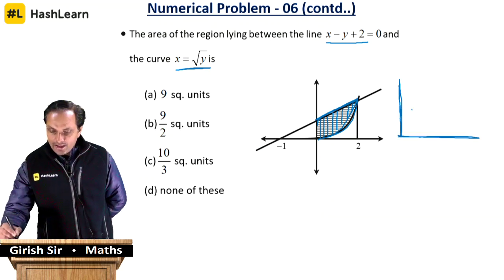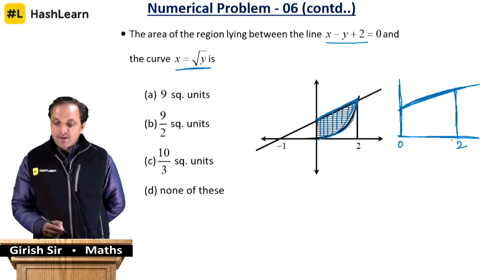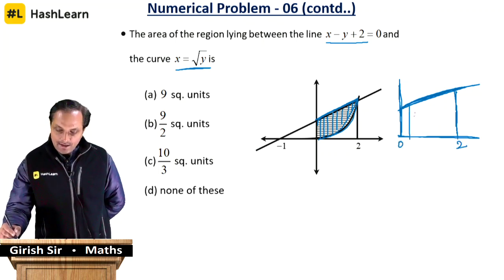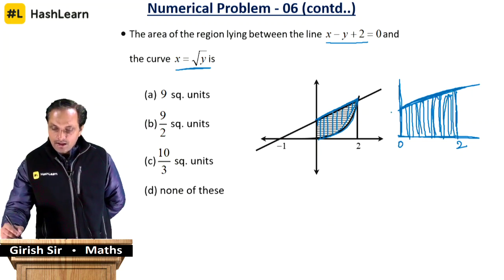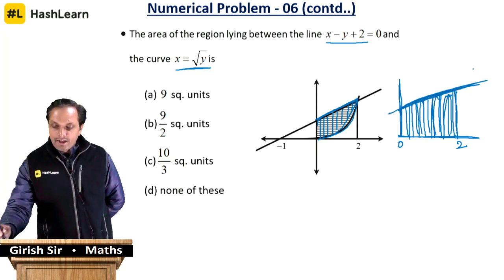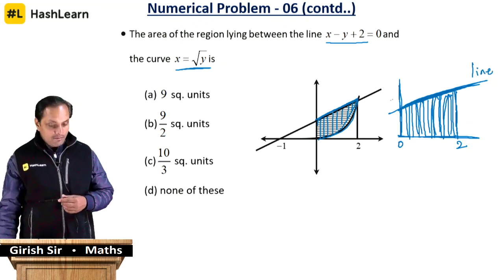ये जो लाइन है आपका ऐसा है, and this is 0 and this is up to 2. ओके, आपको पहले ये एरिया फाइंड करना है जो है blue color में. ये कब मिलेगा? When we take the line, वो एरिया मिल जाएगा. ठीक है, सो बाद में